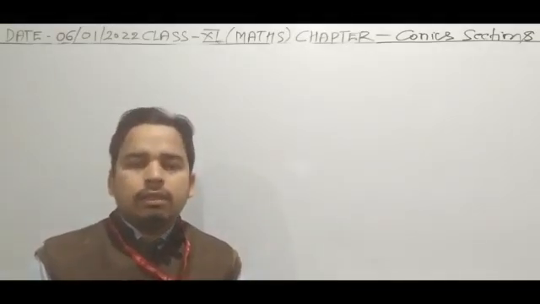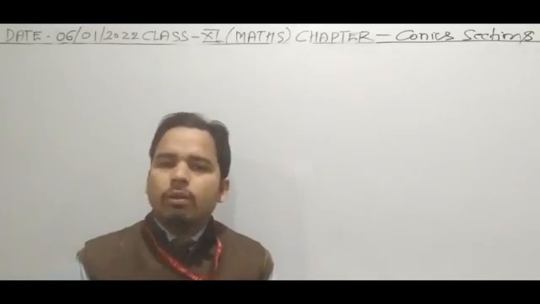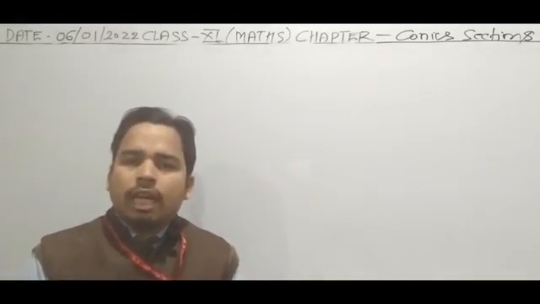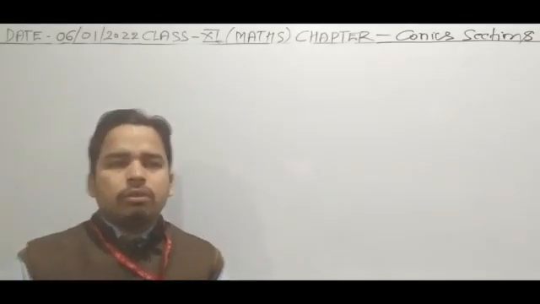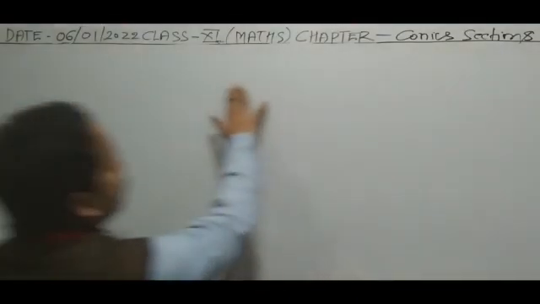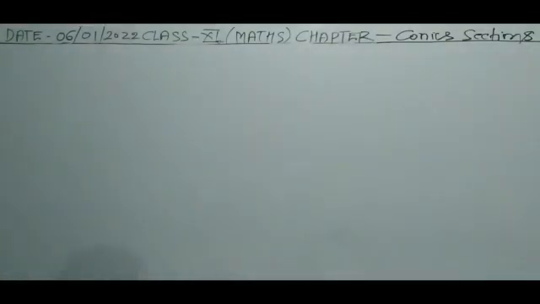Today I will discuss two types of ellipse terminologies. So class, in the previous lecture I discussed types of ellipse and the definition of ellipse. In today's lecture I will discuss both types of ellipse. Now the first type is the equation of an ellipse whose major axis lies along the x-axis.